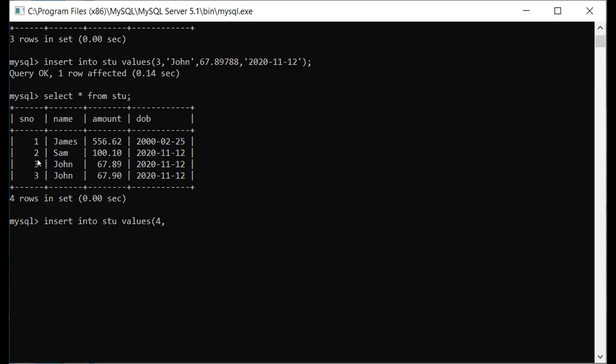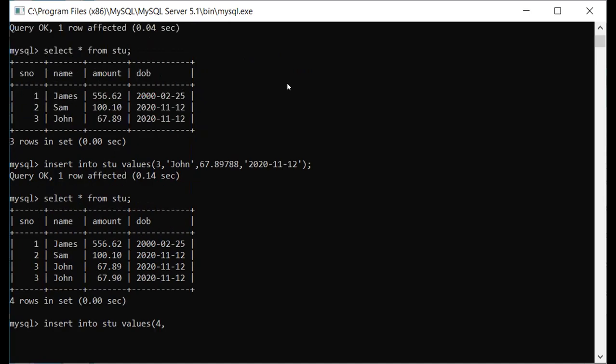So because we have not given that, MySQL is allowing you. So we need to be careful when we are making the table. Then after this fourth record I'm entering, we will do some plus and minus with the date. The reason is that ultimately we are going to check how it is working.